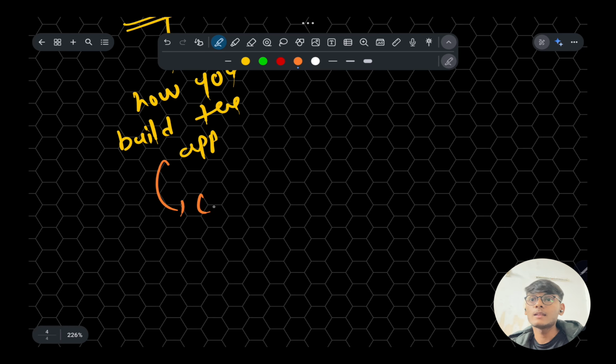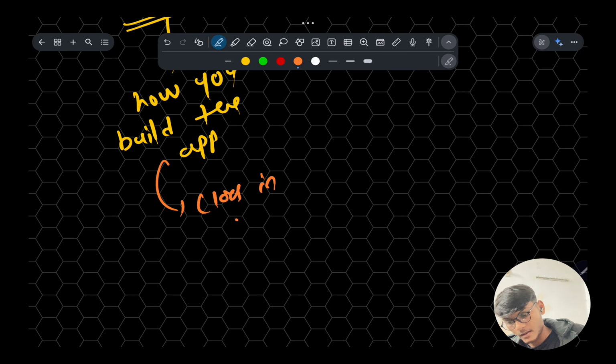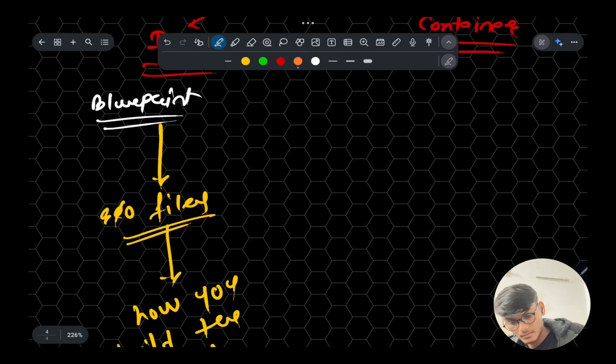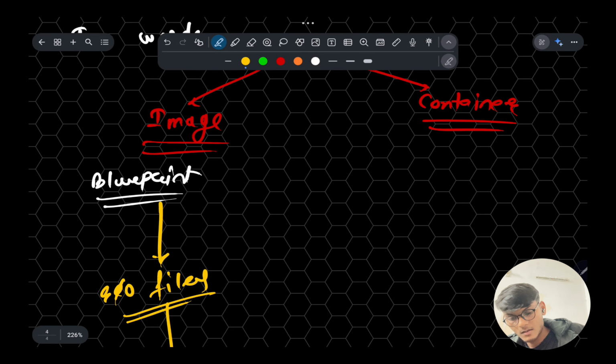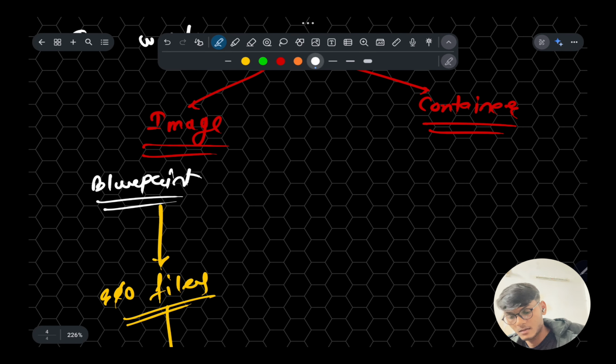And container is like an actual running instance.